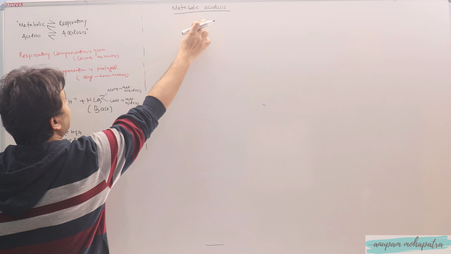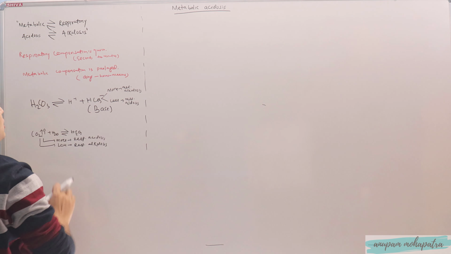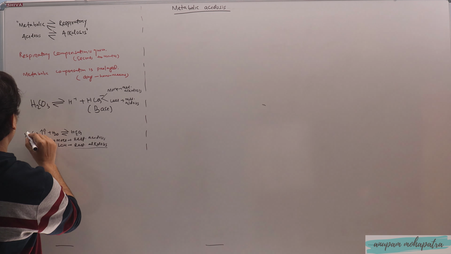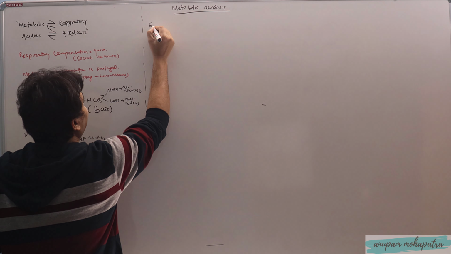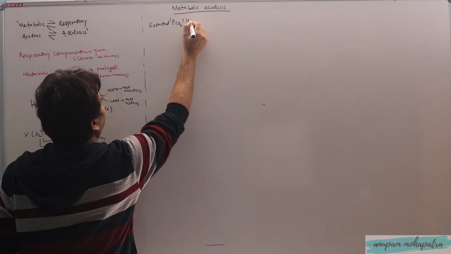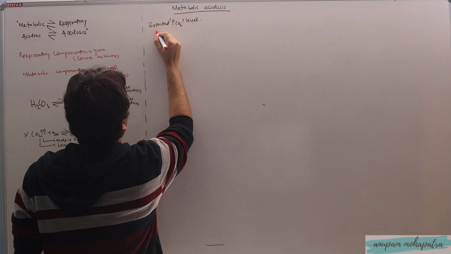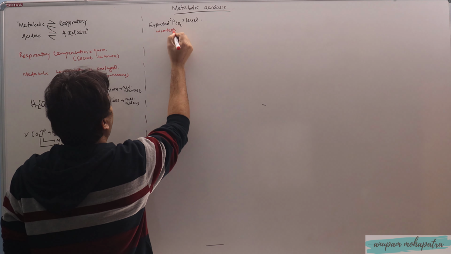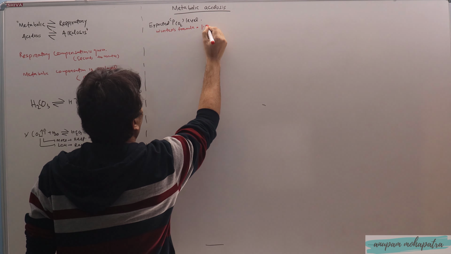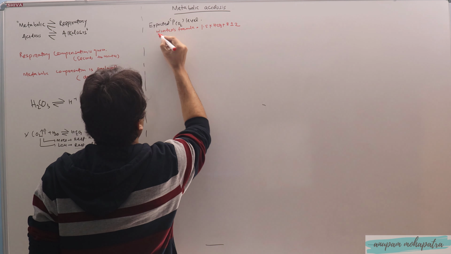As we have discussed, if it is acidosis, then it will be compensated by alkalosis. If it is metabolic, then it will be compensated by respiratory. So respiratory alkalosis, so there will be some change in the CO2 level only. That we will calculate. It's called the expected PCO2 level. And what is that formula? This is called Winter's formula, that everyone has to remember. That is 1.5 times bicarbonate plus 8, plus or minus 2.